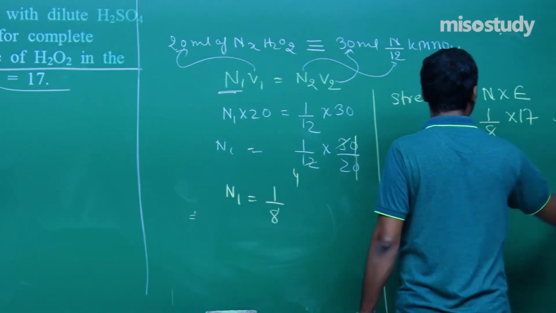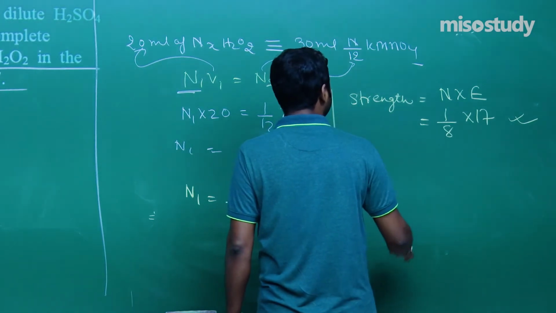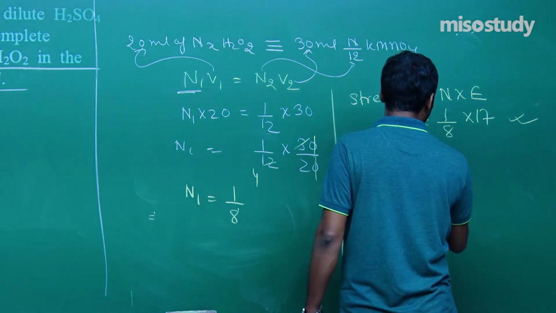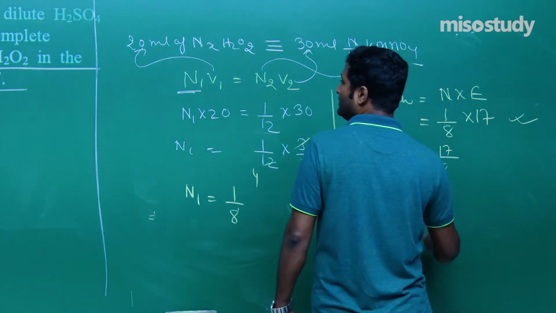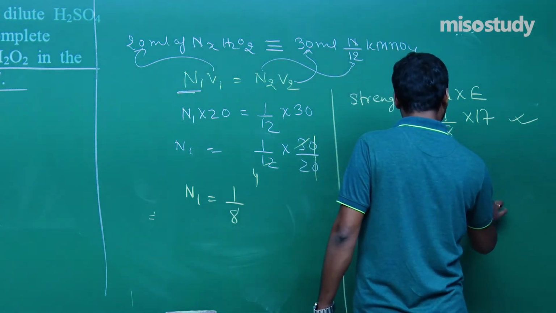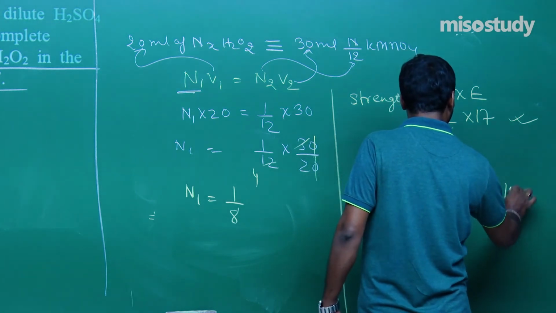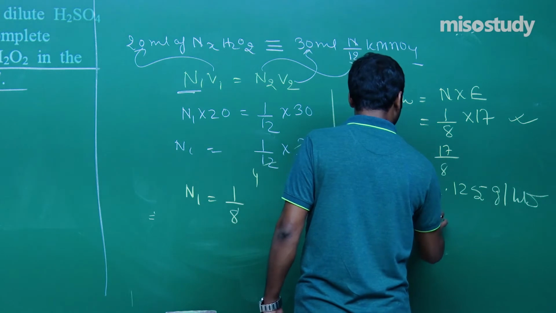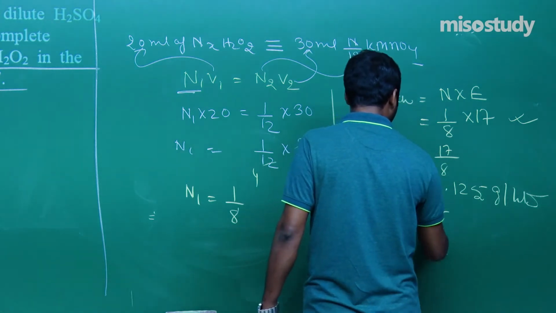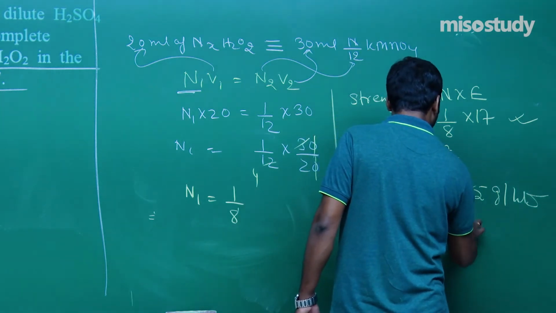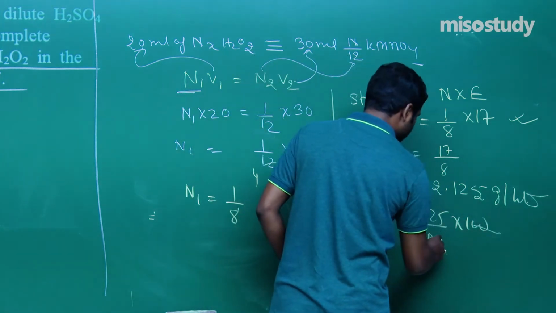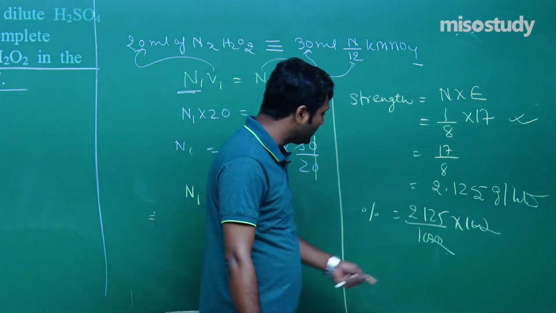After calculation, 17 upon 8, that is 2.125 gram per liter. Now what will be the strength? So strength is equal to 2.125 divided by 1000 multiplied by 100. Clear to you? Now what will happen? This will cancel this one. So the answer is